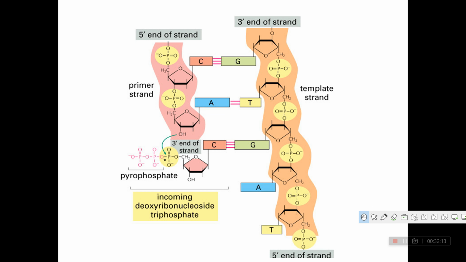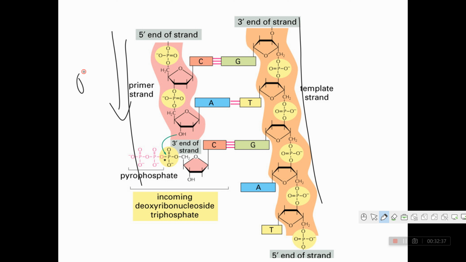This is the nucleotide base pairing. How will the nucleotide base pair when replication takes place? This is the template strand, and this is the incoming or daughter strand, right? So what happened here? From 5' to 3', this is the direction of the polymerase movement, because polymerase moves from 5' to 3' direction, polymerase 3, right?